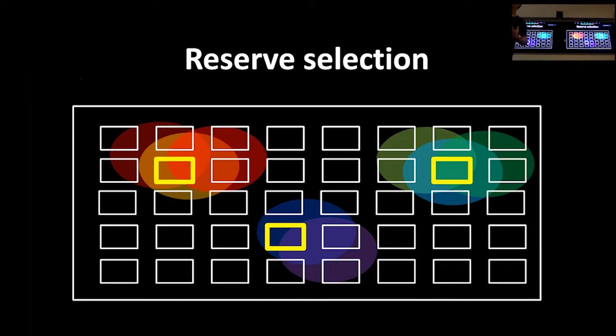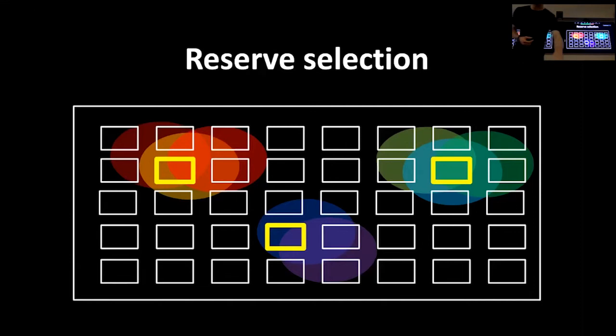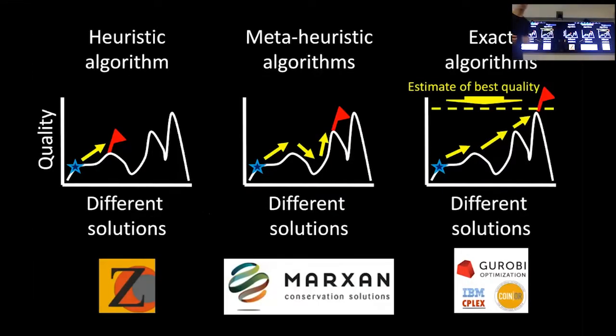Of course, it gets much, much trickier when you're dealing with hundreds of thousands of grid cells or planning units, and when you're dealing with thousands or tens of thousands of different features that could represent different species, ecosystem types, or genetic stuff. So to help us identify really good solutions, people have been developing a lot of different tools and using a lot of different types of algorithms to find good solutions.